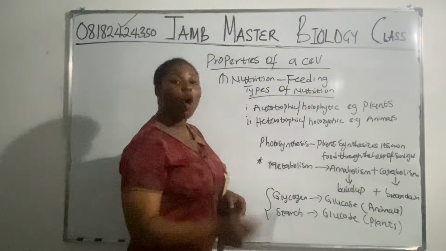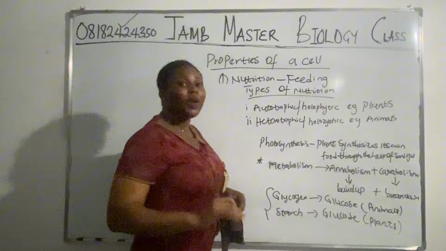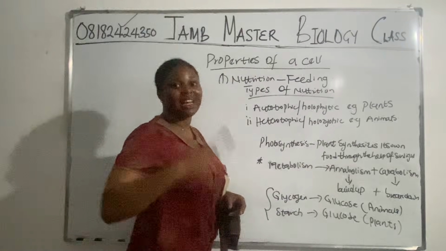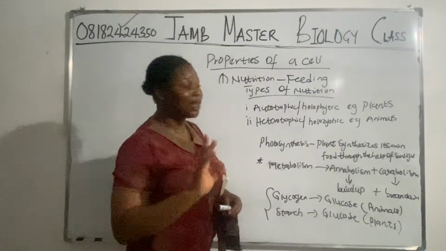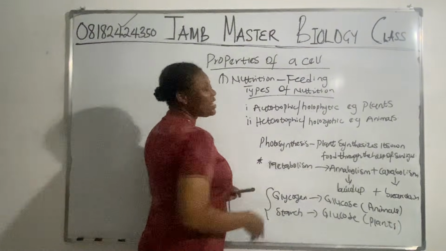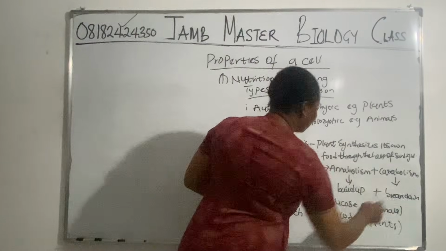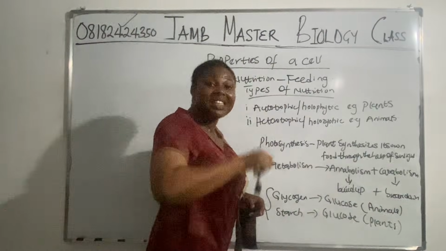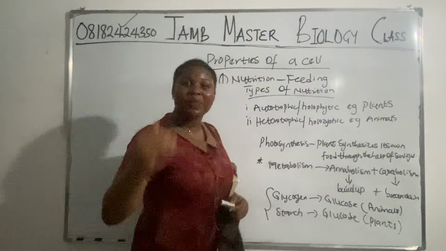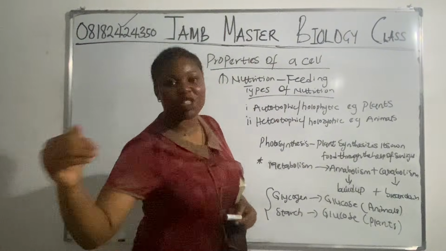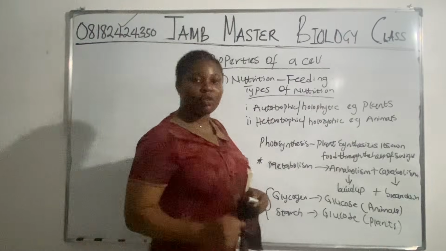Now I said that anabolism is a build-up process, and any process in the body of an animal or a plant, because they are living things, right? Whenever I say body, just know I'm talking about plants and animals, or living organisms in general, both unicellular organisms and all. So metabolism is a combination of both anabolism and what? Catabolism, the build-up and the breakdown process. Because for you to continue living, your body must be building up something, and it must be breaking down other substances for you to be viable, healthy and strong.